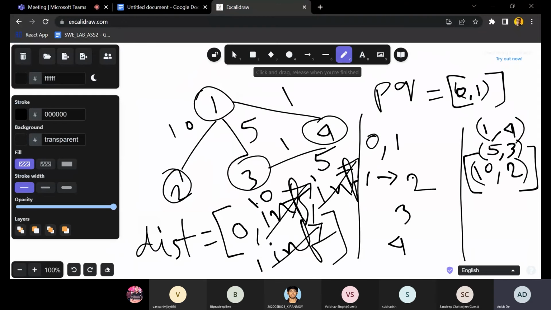Now we take the top element of the priority queue again, that is 4. There is only one neighbor of 4, that is 3. What is the current distance of 3? That is 10. And if we go to 3 via 4, what will be the distance of 3? The distance of 4 is 1,